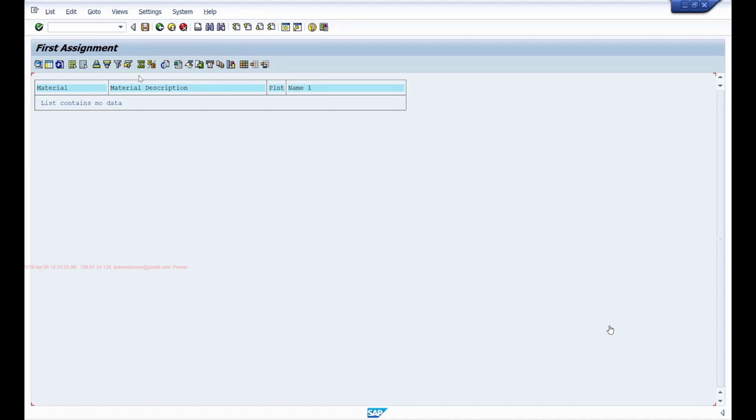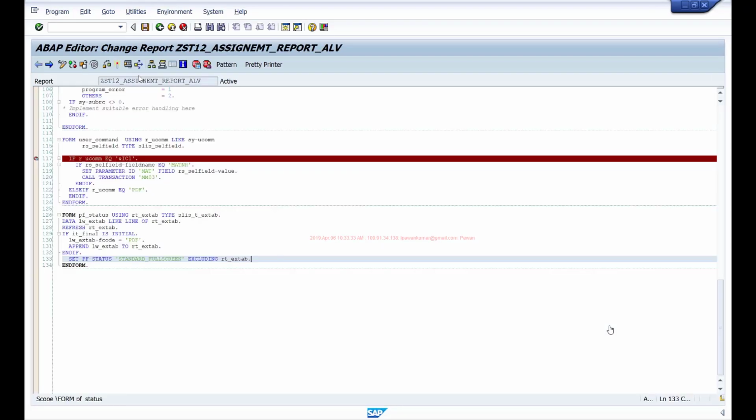So you can dynamically handle your GUI status icon buttons in the application toolbar by using this excluding addition with the set PF statement. So this is applicable even for module pool programs. Even in module pool program, if you want to dynamically control what buttons to be displayed in your application toolbar, then you can use this excluding addition.